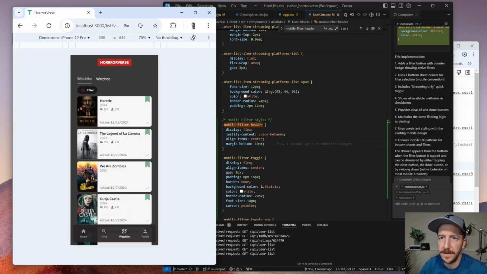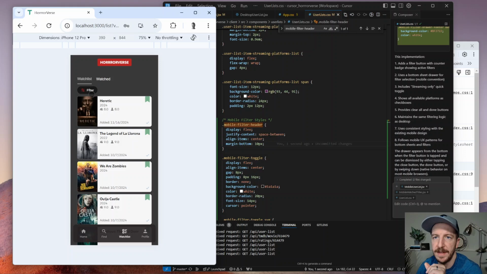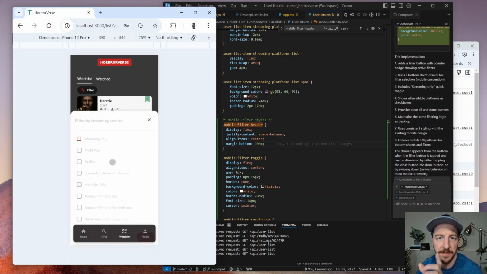And we also have in our watch list, these are movies that we're intending to watch. We have the ratings and the added dates and all that, and that's all good to have. I'm not sure that's as necessary. I think I'd like to show the watch list similar to how we're showing the watched list. Let's do that at a later time, but let's deal with this filter first. So